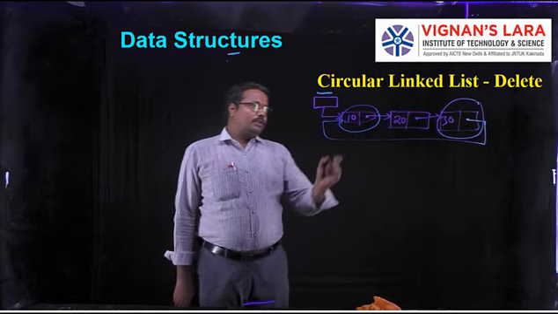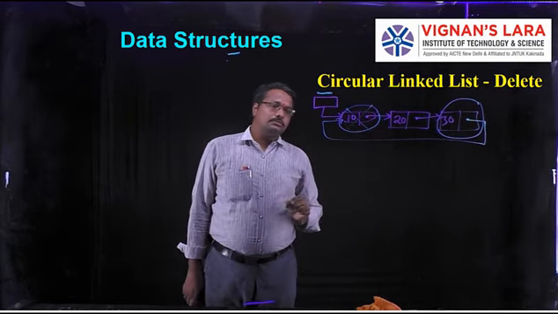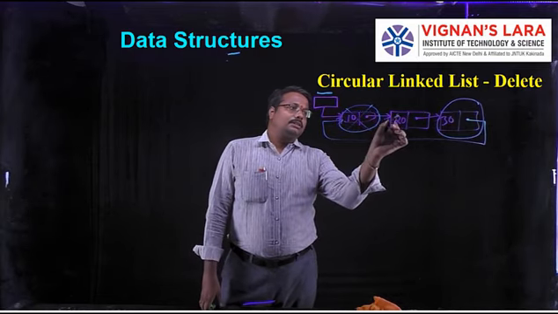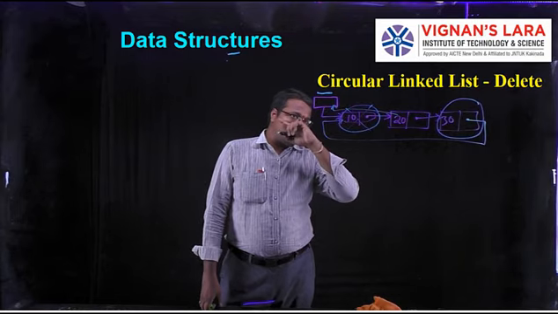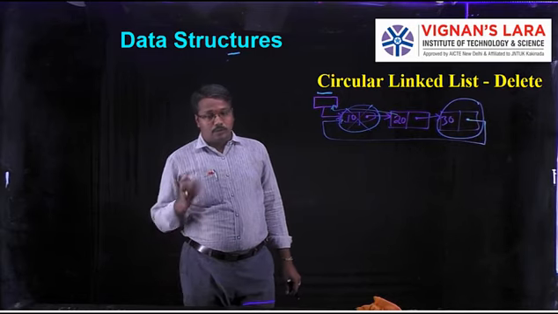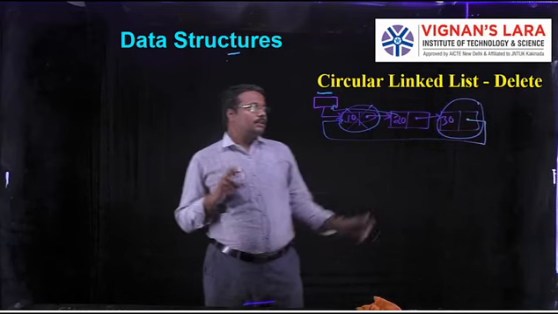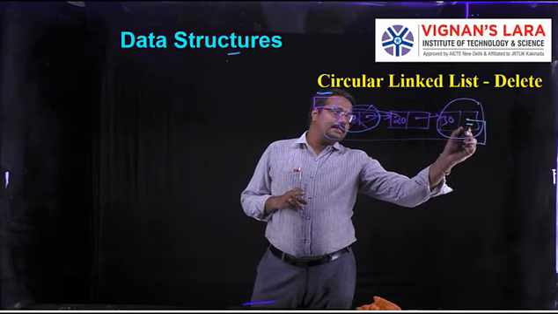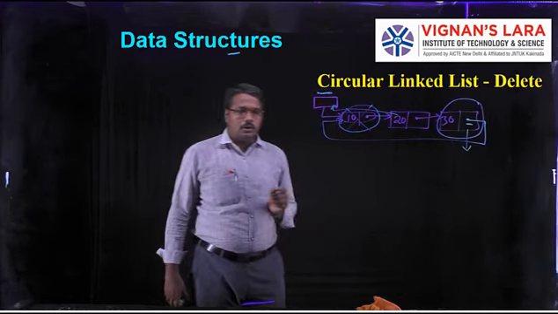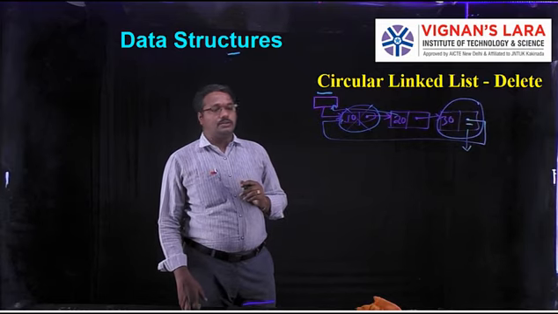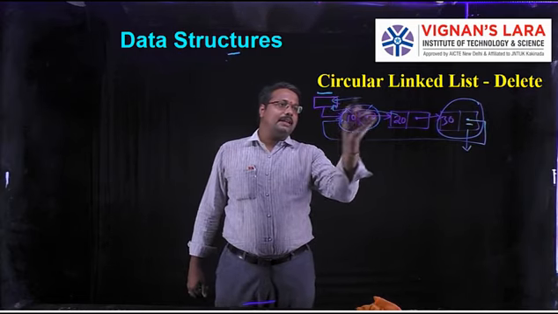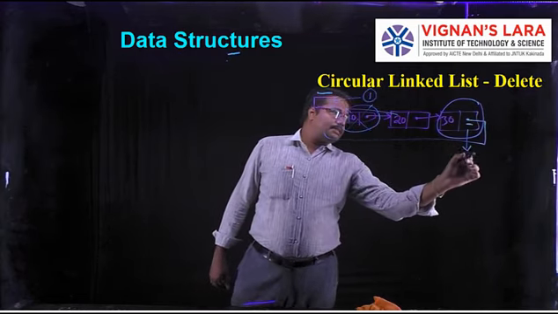Whenever we want to delete this particular node, the operations we have to do are: first, the starting node address should from now on be the 20th node address. And one more operation: the last node's next field contains the present 10th node address, so we want to change this into the 20th node address. These are the two operations. One modification is done in this case, another modification in that case.